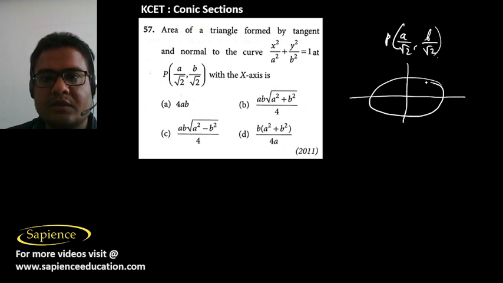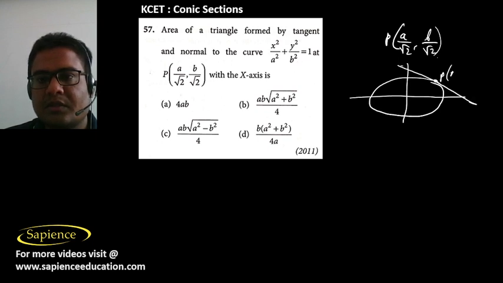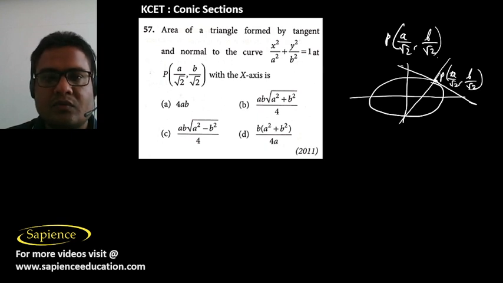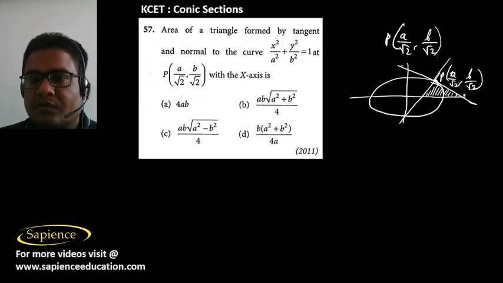We have to find the area. So the tangent would be like this at the point P, a by root 2 comma b by root 2, and there will be a normal also at this point. So we have to find the area of the triangle formed by the tangent and the normal with the x-axis. It means we have to find the area of this triangle. Therefore we have to find the equation of the